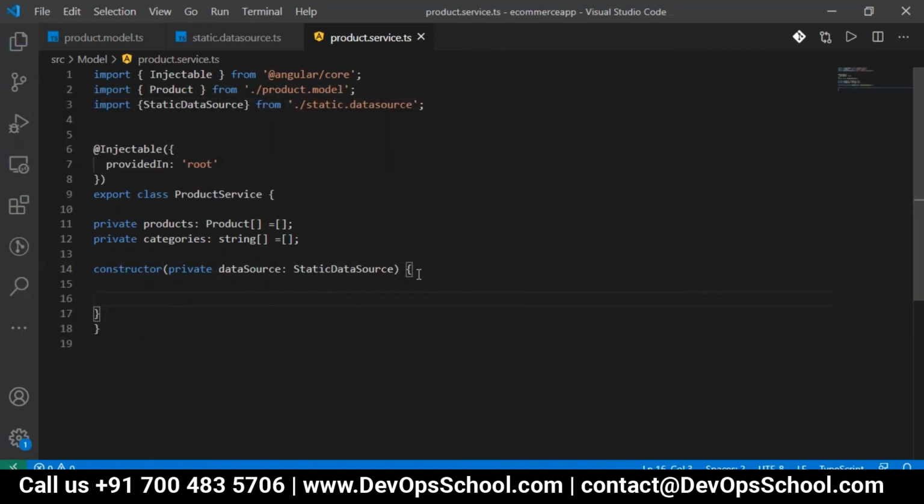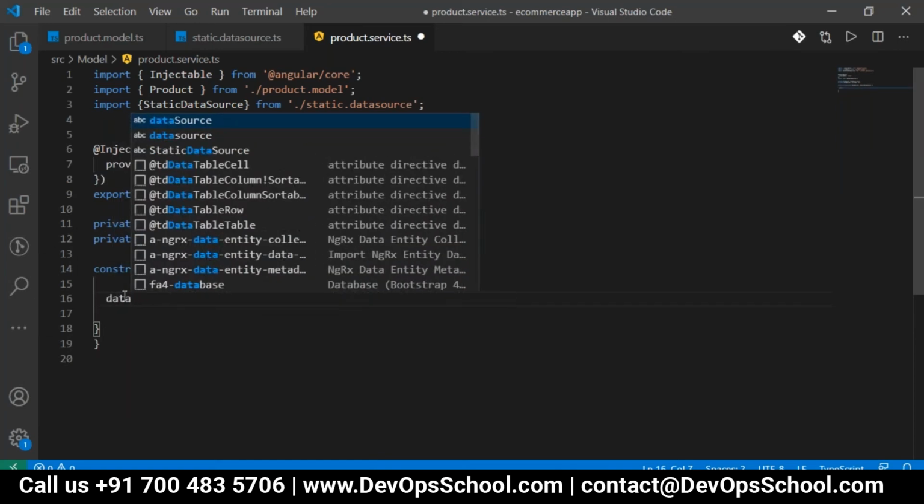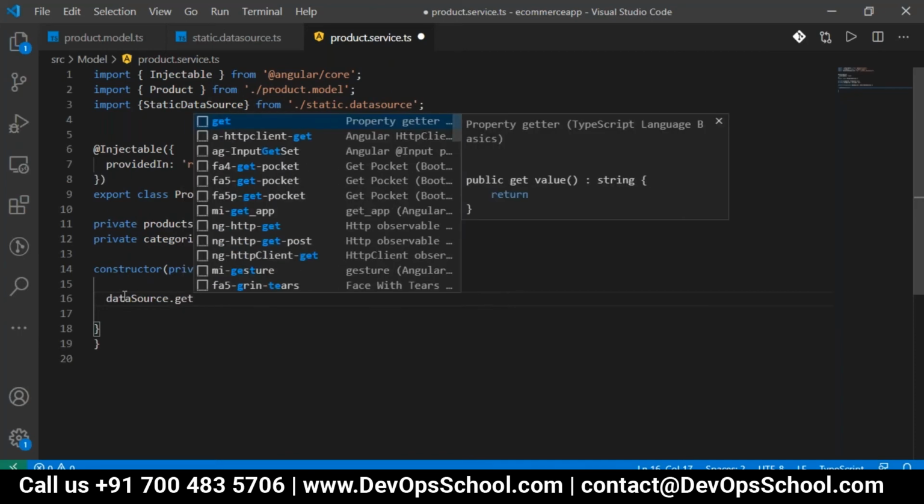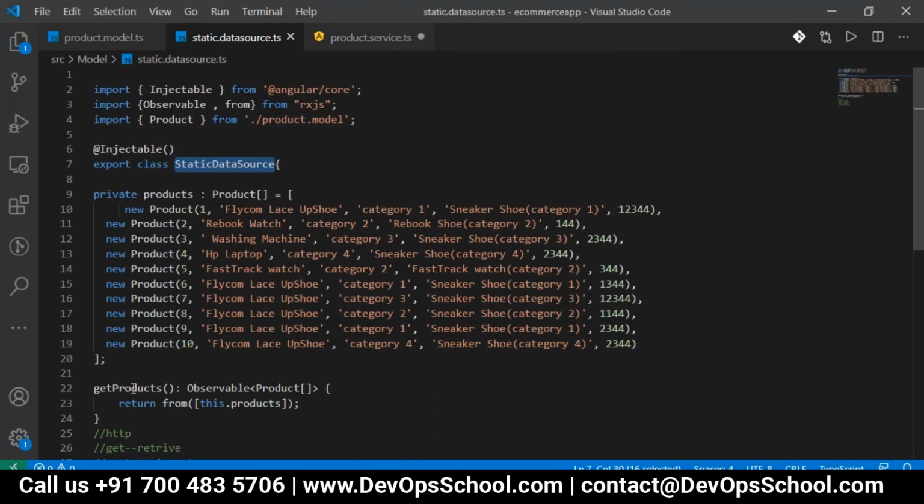So we got the static data source. Inside the constructor, I want to get all the product data into the products and store it in the products. So how will I write it? That is the data source object we have created, dot, it has a method called get products.